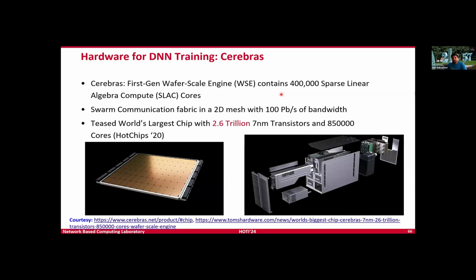The initial version of Cerebras was limited to one compute device. If you look at the newer versions, starting from wafer scale engine 2 and wafer scale engine 3, Cerebras has been able to build it out to a cluster scale, particularly targeting large language model training, inference, as well as general deep learning compute performance. It has a lot of communication bandwidth as well as storage bandwidth, as is described here. These details are for the Cerebras wafer scale engine 2. What I mentioned is for wafer scale engine 3, which is based on 5 nanometer architecture, not 7 nanometer.